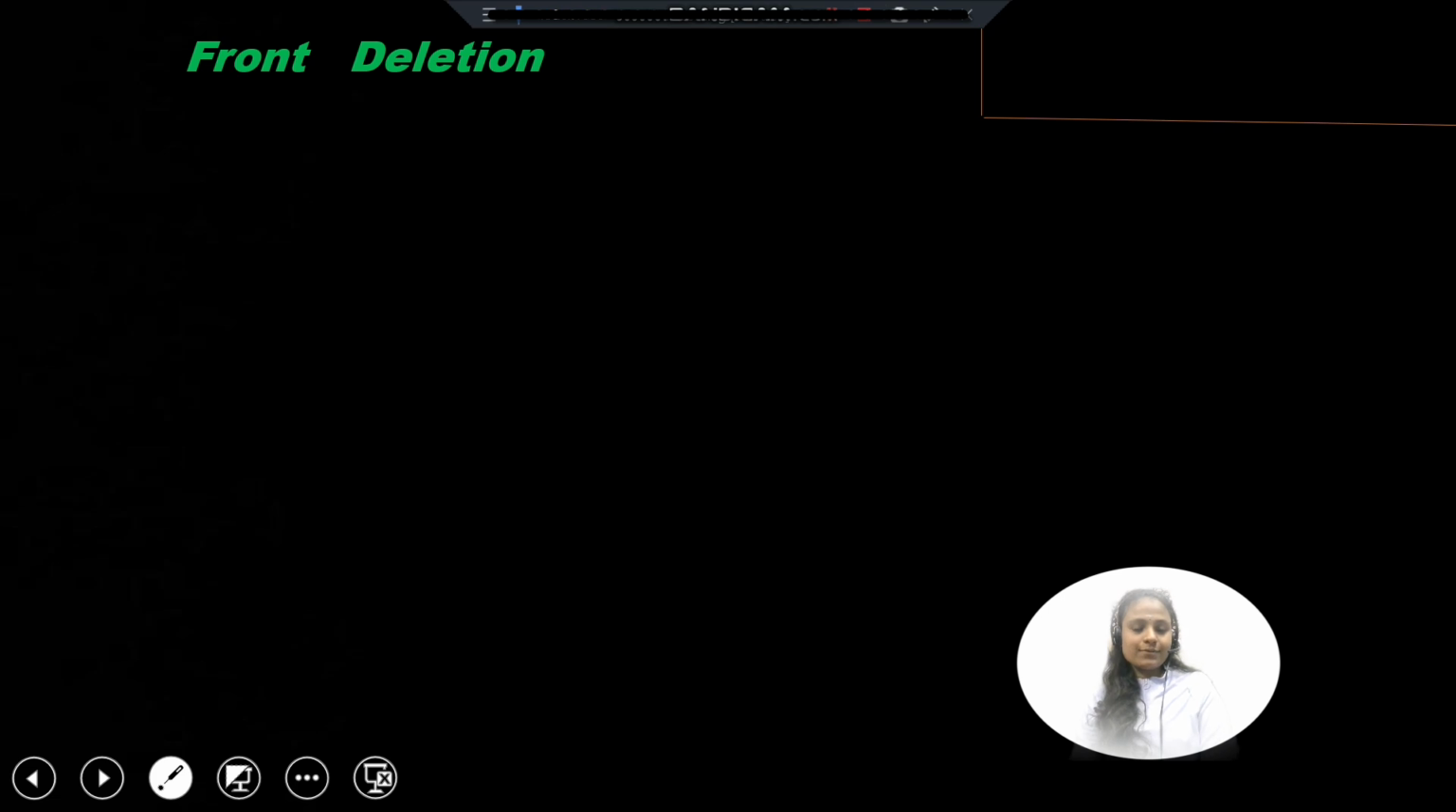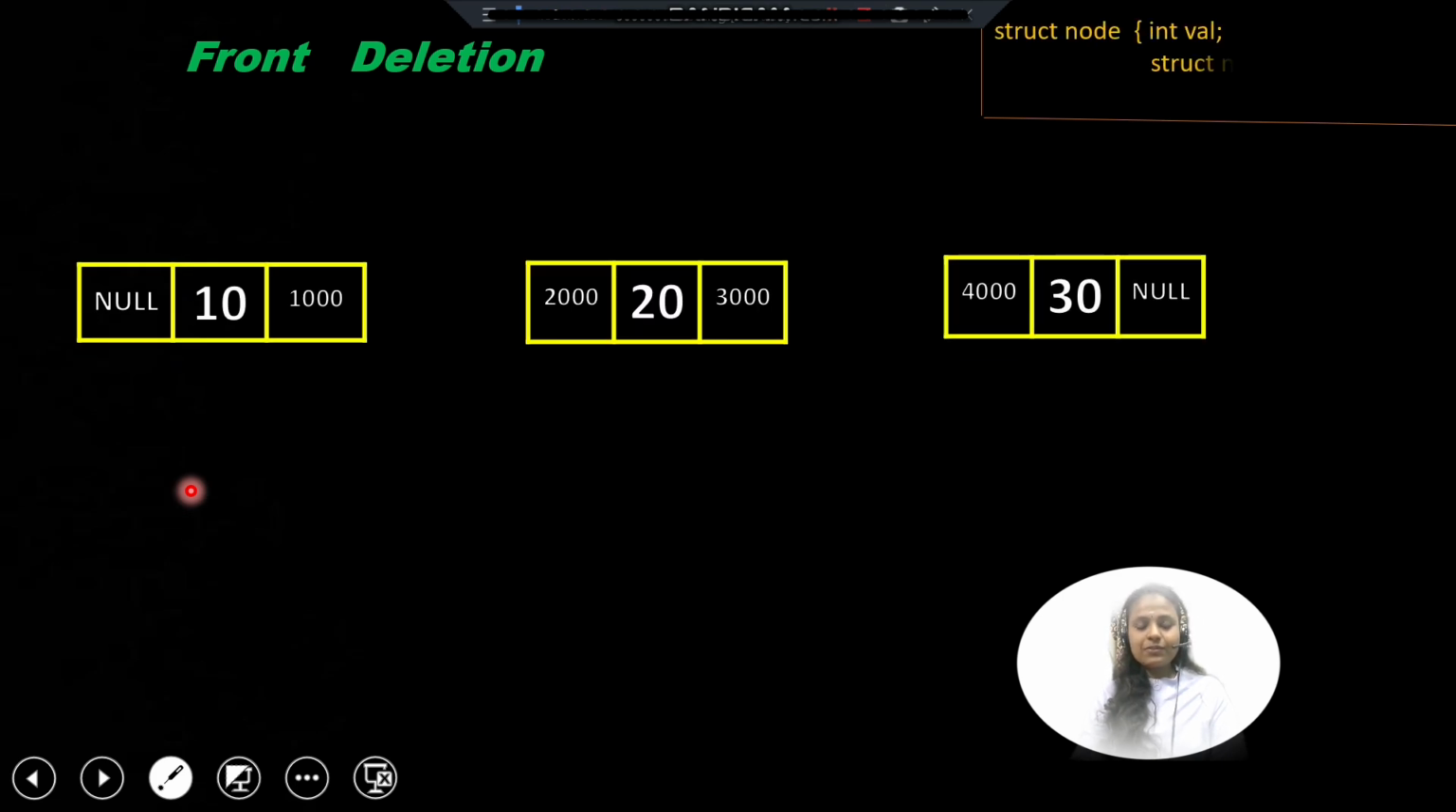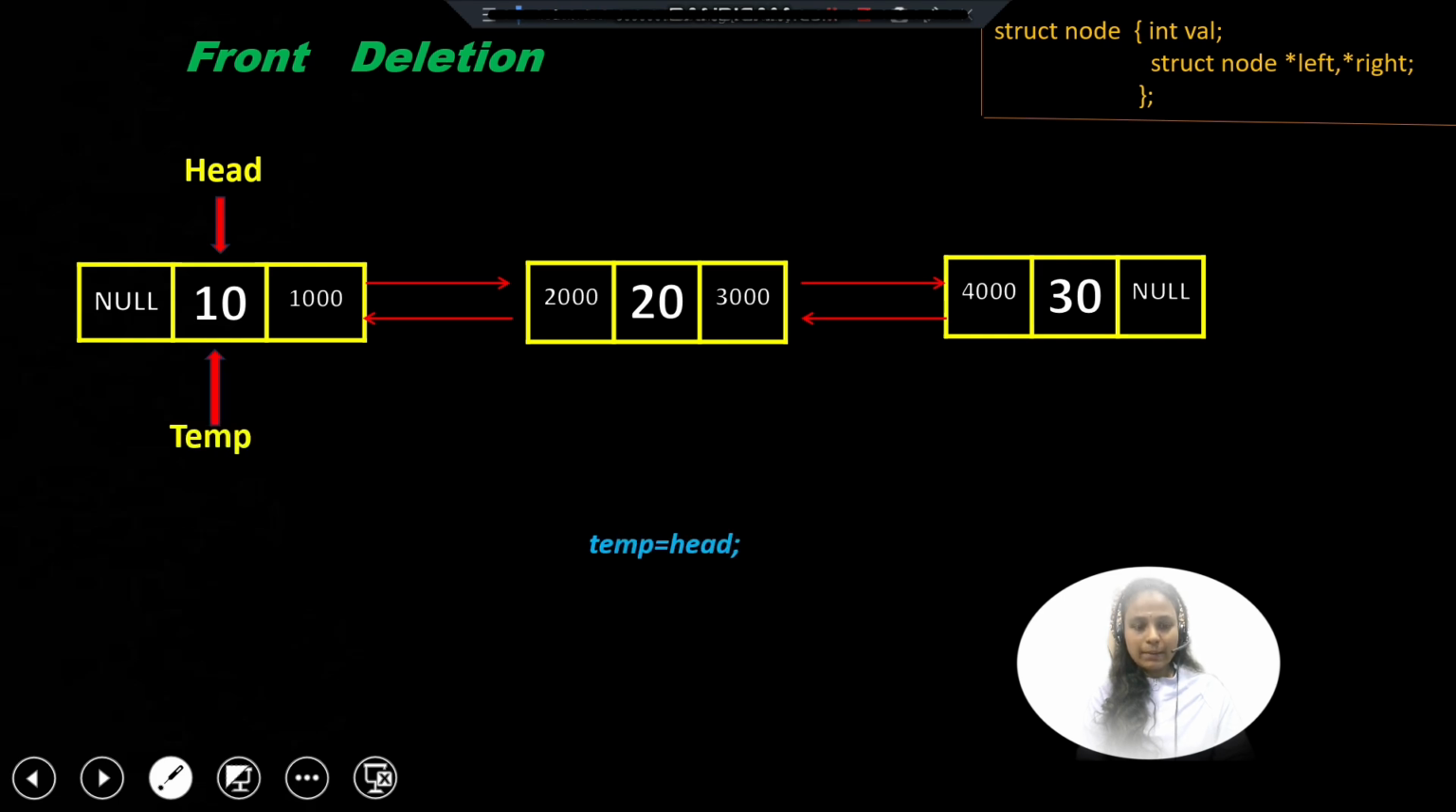Yeah, so let's first talk about front deletion. First, I'm considering 3 nodes: 10, 20, and 30. I've taken my self-referential structure as shown above in the right corner. I'm taking a pointer head pointing to the first node, and also another pointer temp pointing to the